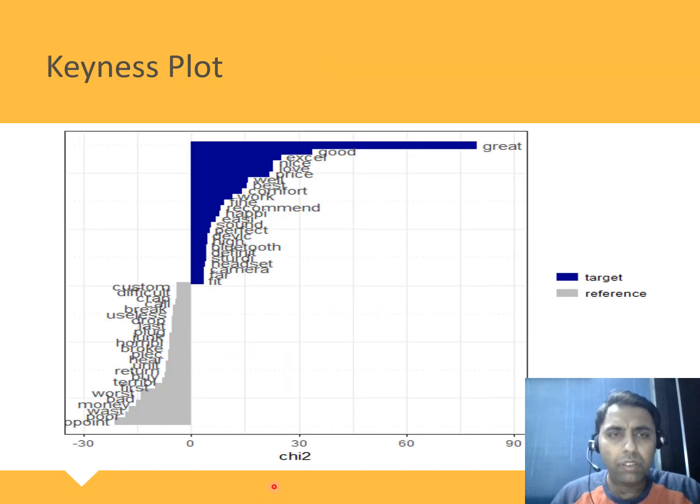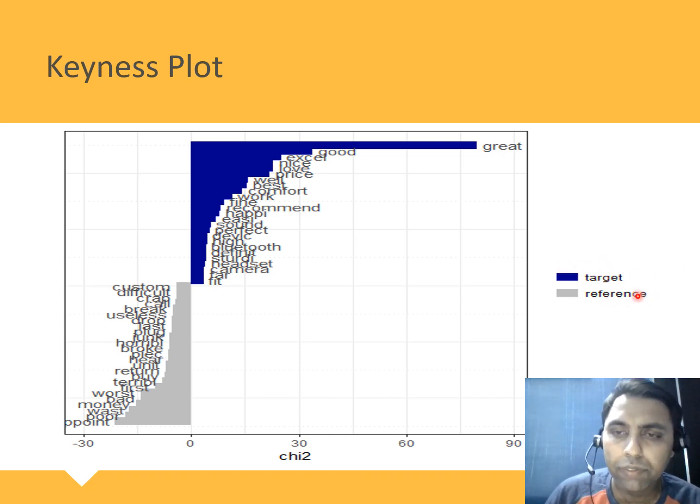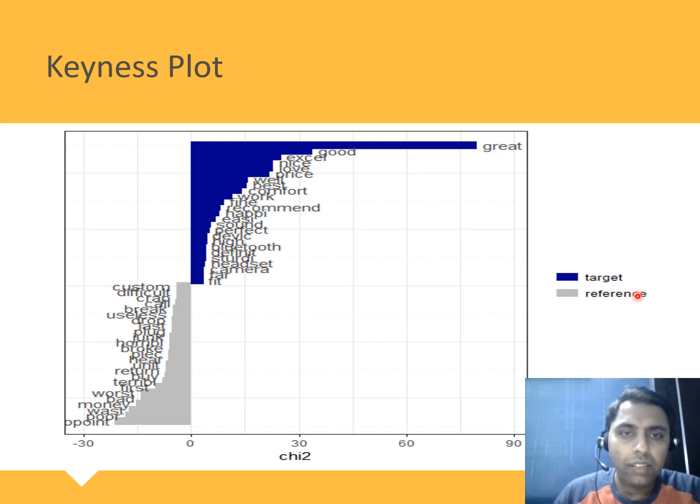And this is something called a keyness plot. Not going behind the statistics of it, but if we just look at the visualization, what it says is, there is something called a target and a reference. In this case we have called the positive reviews the target and the negative reviews the reference. And intuition-wise it's similar to the comparison word cloud. So it says that for the positive reviews, what are the most